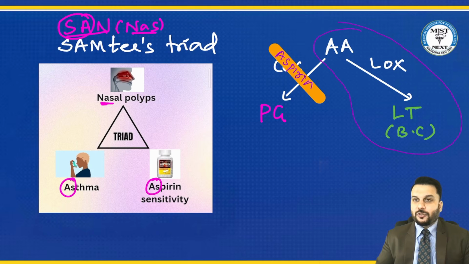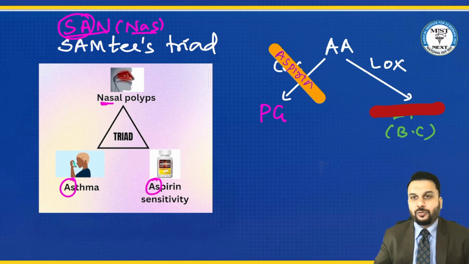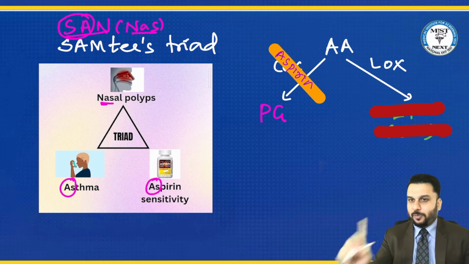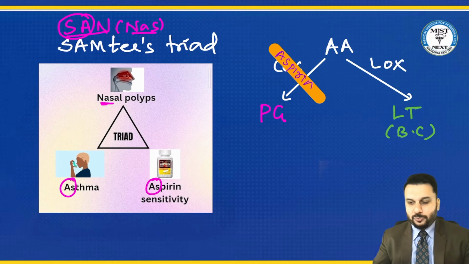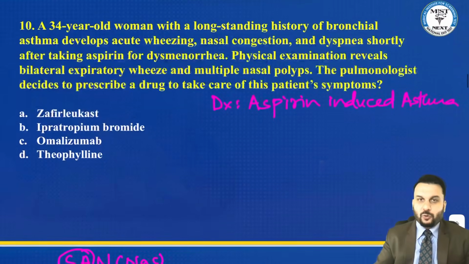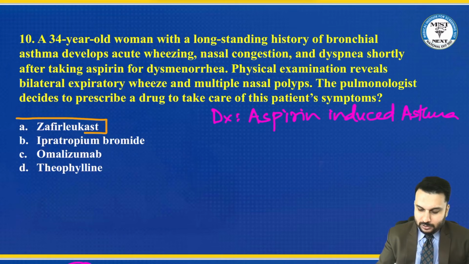So, which pathway is causing asthma? The leukotriene pathway. So how can you treat this? You should try to block this also. If you block this, bronchoconstriction will not happen. Yes or no? Aspirin is forcing the LOX pathway to happen, but you can block it at this leukotriene step. So what is the drug that can do that? The answer is the 'lukast' drugs: montelukast or zafirlukast. This is the drug that we can give here.